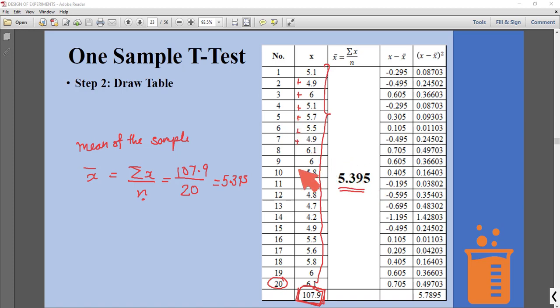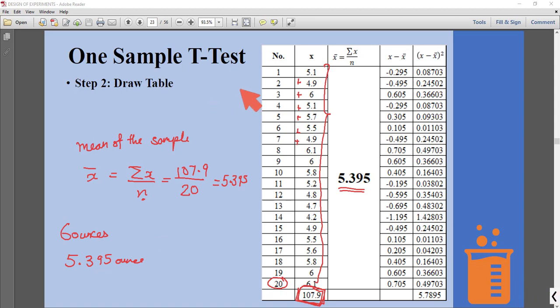Now based on this, some of you might say, oh, the advertiser is saying that his packaging contains 6 ounces, but in our research it has been found that it contains only 5.395 ounces. So what the packager is saying is wrong. No, we cannot say like this. Why? Because this error might be because of some kind of a sampling error, right? So to ensure that this is not because of sampling error, we have to perform the t-test. You cannot make claims about lakhs of packets by taking just a few samples. Okay, so to do that we have to perform the t-test.